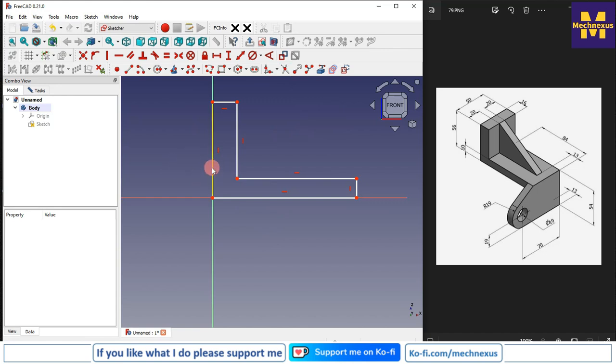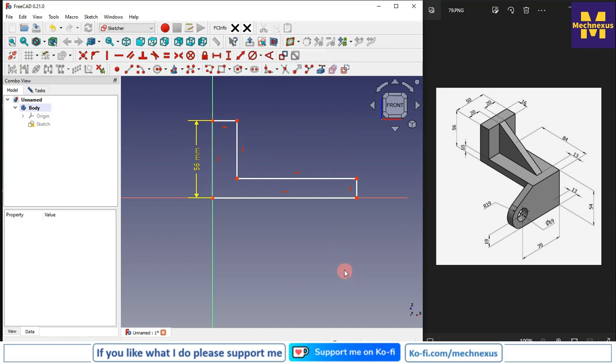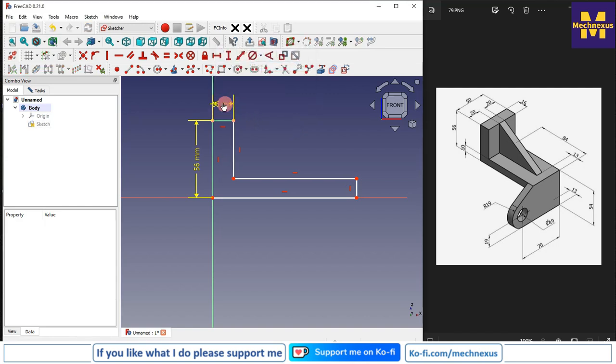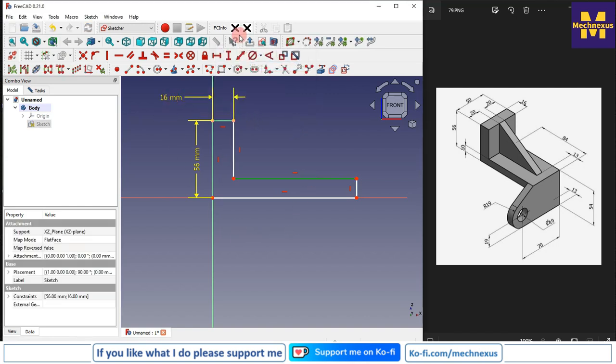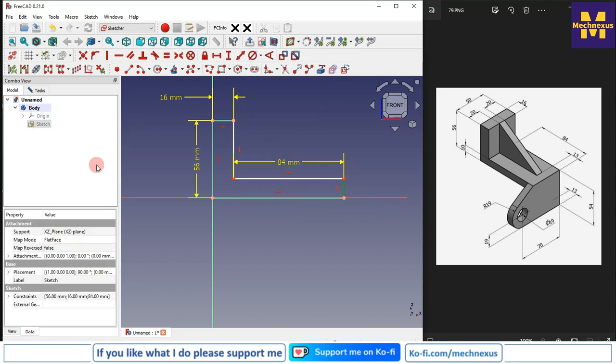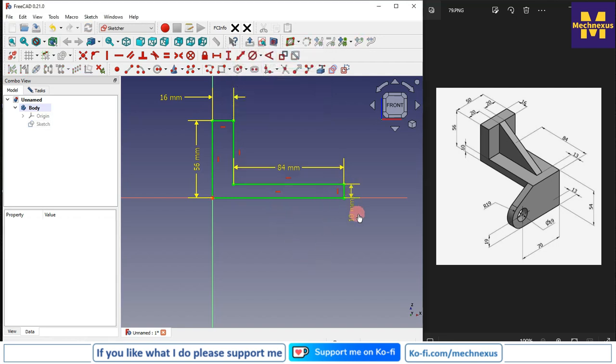So vertical dimension is of 56. This is 16. This is 84, and this is 10. So our profile is fully constrained, and now we will come out of the sketch,